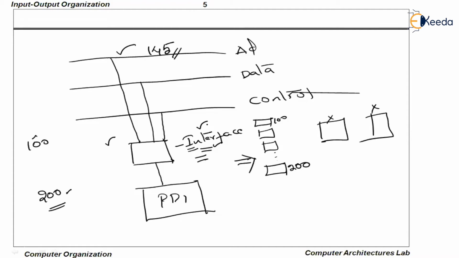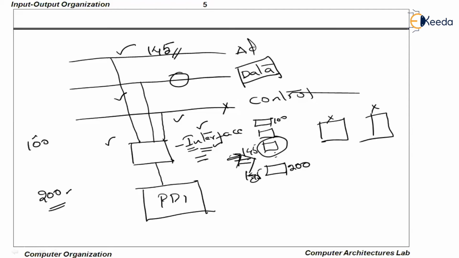So the moment the interface gets activated, it is going to activate the data lines and the control lines. We'll talk about this control line in a short while. Immediately the data which is available in the data bus will get transferred to the corresponding register. There is a register called 145. Let us say this is the 145th register. From the data bus to the 145th register, the data will get transferred. This is how the data will be transferred from CPU to the interface.